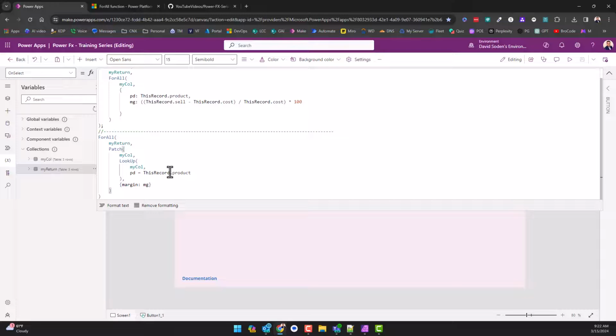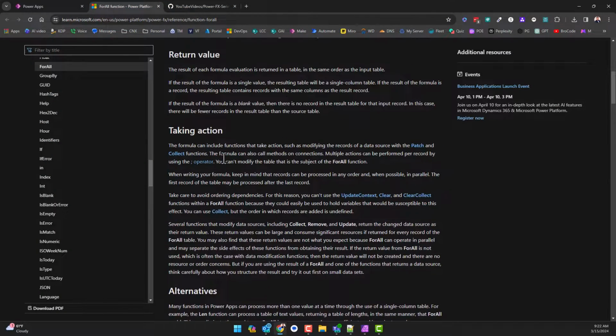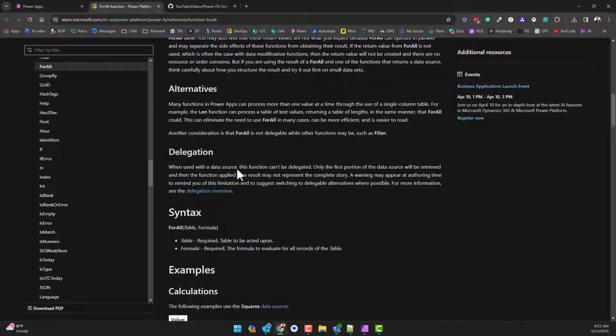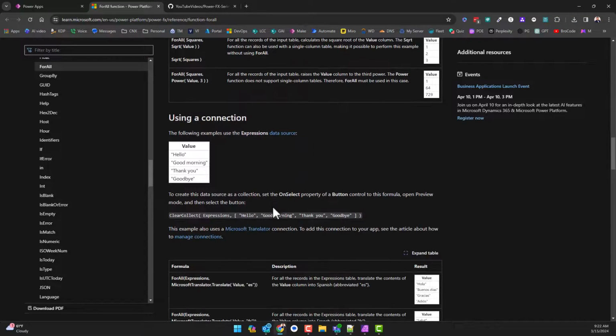But long story short, this is exactly how you should think about the ForAll. Make sure you read through the documentation. I covered a good chunk of it, where we talked about the return value, we talked about the syntax, and then we also discussed a little bit about